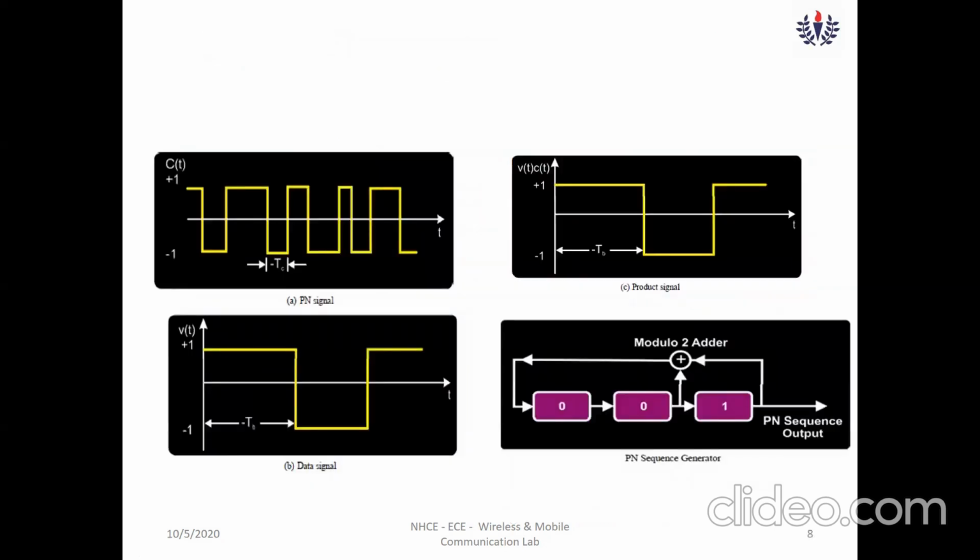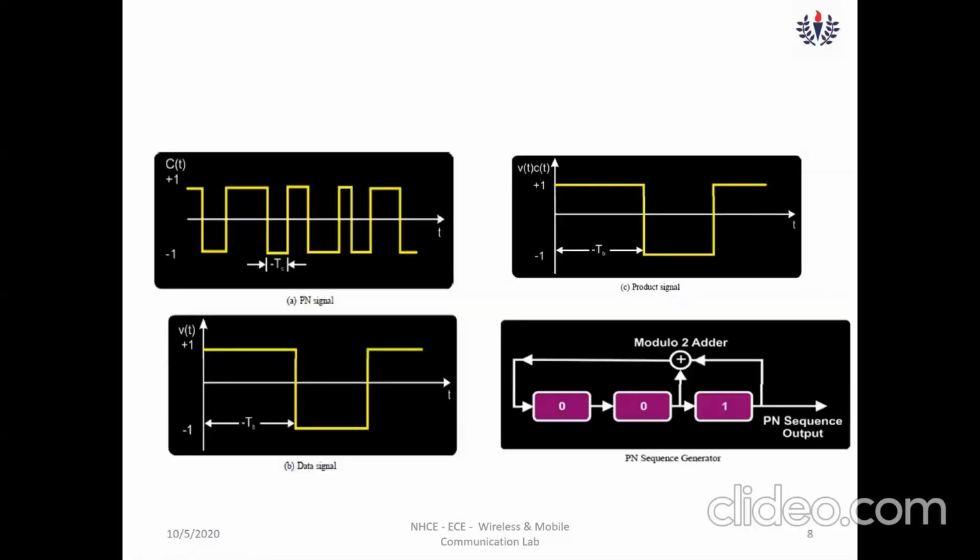Finally, here is the depiction of your PN sequence. You can see that this PN sequence is wideband data, and this is your original message, which is narrowband data, and the product signal will be more explicit. I will show you in the experiment how we are going to generate the PN sequence. We are going to have shift registers, and we are going to select the length of this shift register. Okay, so this is the basic introduction about the kit, and for a detailed explanation we can discuss this with the help of the experiment video.